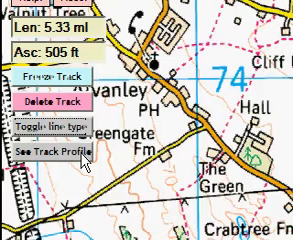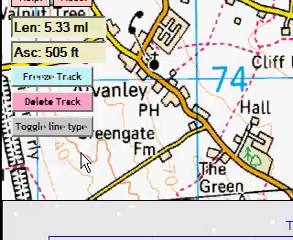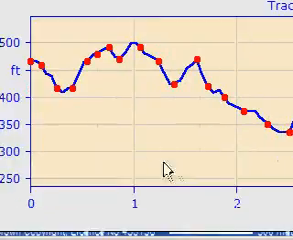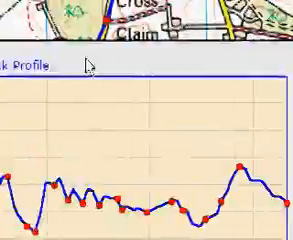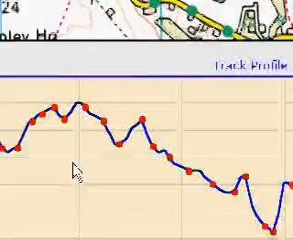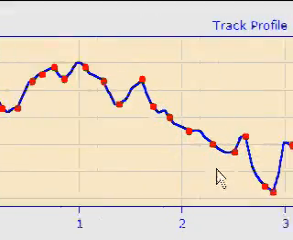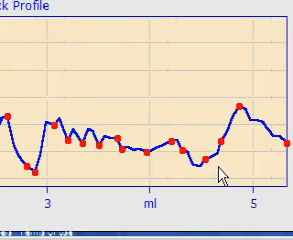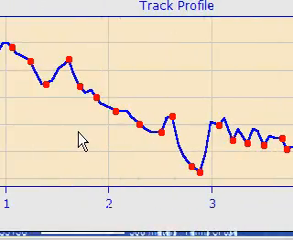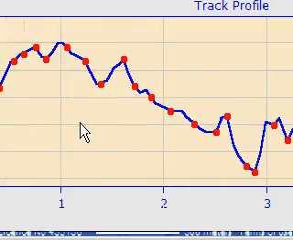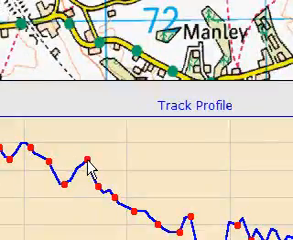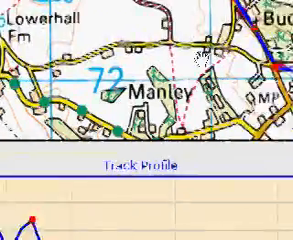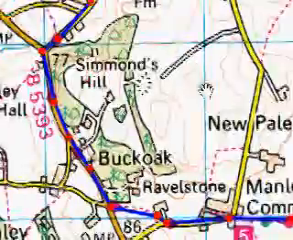And finally, you've got see track profile. Now by clicking this, we'll see the height profile of the walk. And each of the points that you clicked on the map is shown with a corresponding red point on the track profile. Now if you want to identify which point on the track profile is which point on the track you've drawn on the map, if you hold the cursor over the point, the corresponding point turns green on the